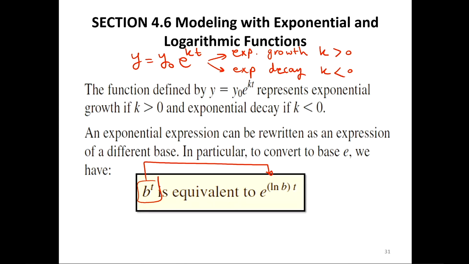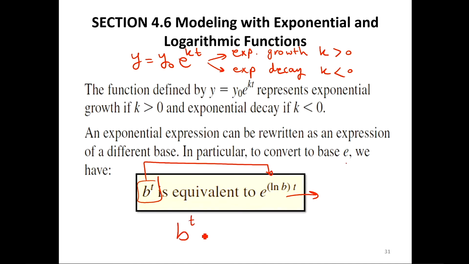We can put t as an exponent and remove ln with e, so we have b to the power t. Okay, so